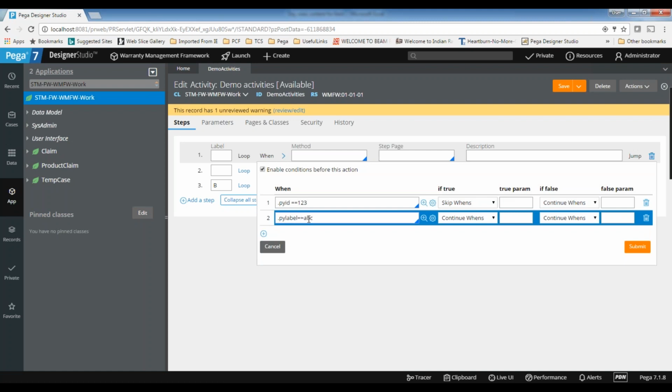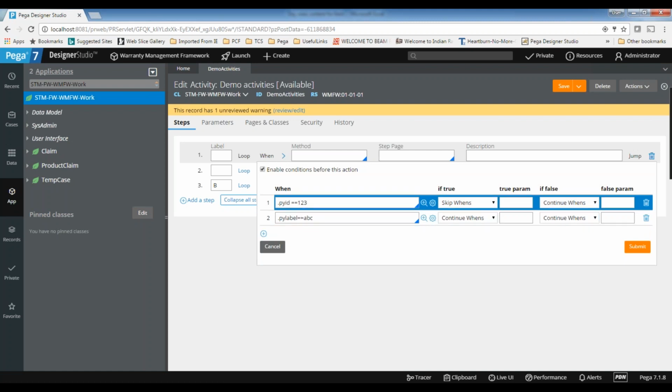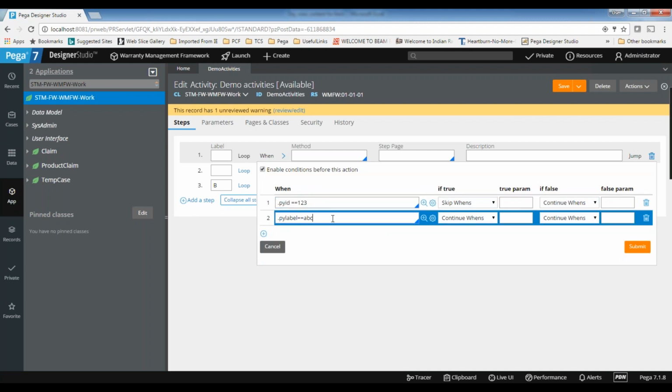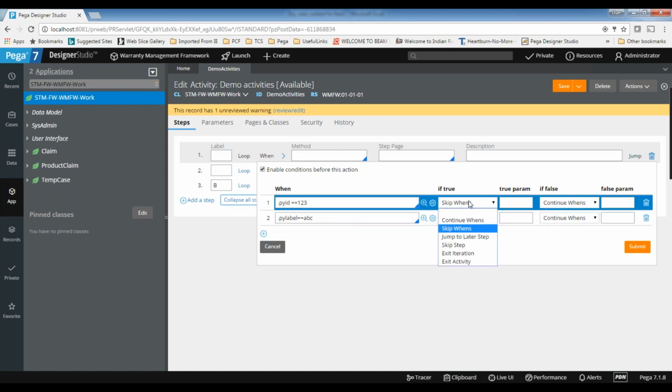If there are three conditions, let's say the first condition is true, I don't want to check the remaining conditions. In that case, you can go for this kind of notation. If the first condition is true, I don't want to check the remaining conditions even if you have them. So I'm skipping the when rule evaluation, I mean the precondition evaluation, whence condition evaluation, and going for method execution. That is called skip whence.